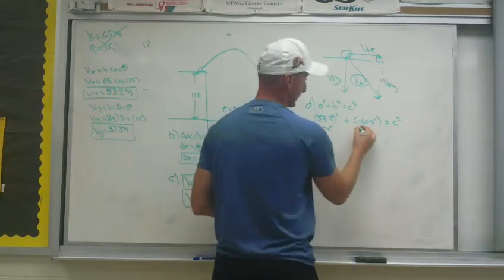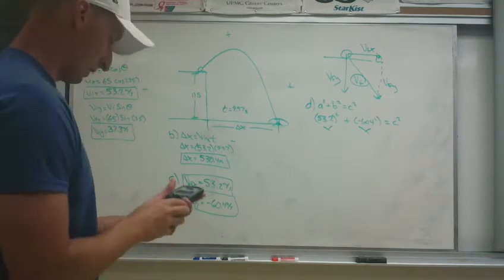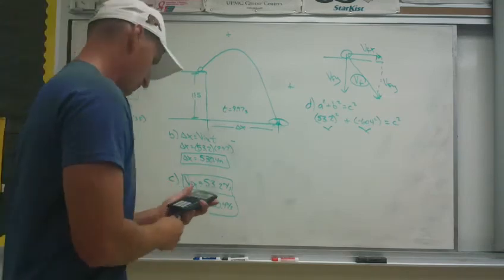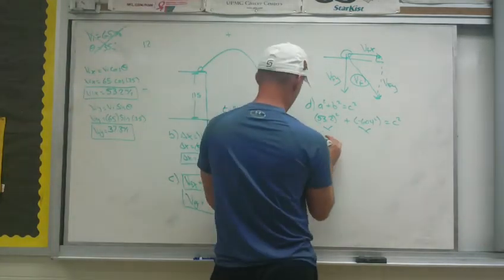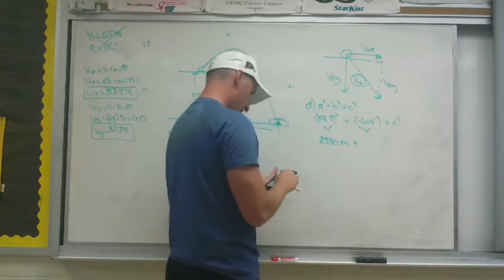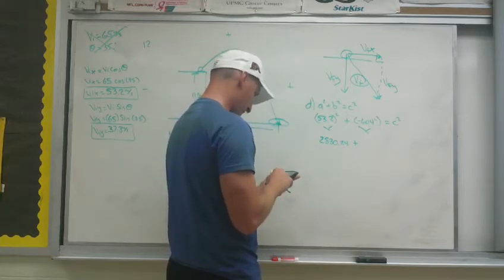So simplify and simplify. So I got 53.2 squared gives me 2830.24 plus negative 60.4 squared gives me